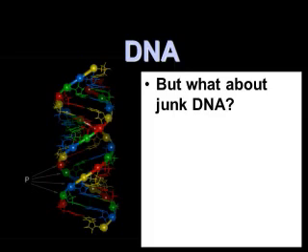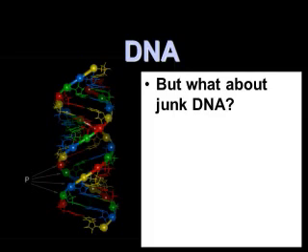Here's the next little book I'm going to introduce to you. The Myth of Junk DNA by Jonathan Wells. 2011 publication date. Very current. Did you know, class, that starting in about the late 1990s, we started to learn more and more about the DNA, and it started becoming obvious there were parts of the DNA that didn't appear to be being used. In fact, it became clearer and clearer in the early 2000s that only about 5% of the DNA was used to do what I just described to you.